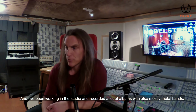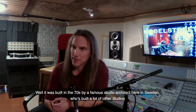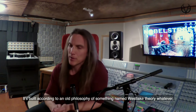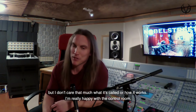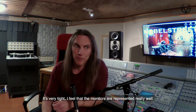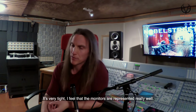And now I took over this old studio built in the 70s called Noble Street Studios. It was built in the 70s by a famous studio architect here in Sweden who's built a lot of other studios. It's built according to an old philosophy named Westlake theory, whatever. But I don't care that much what it's called or how it works, but I'm really happy with the control room. It's very tight. I feel that the monitors are represented really well,